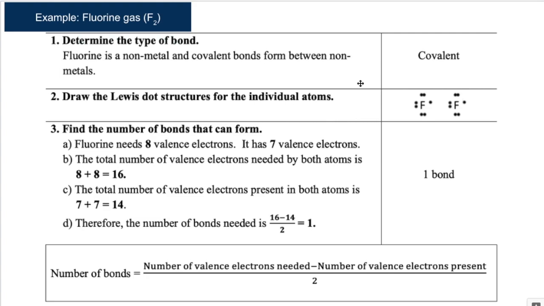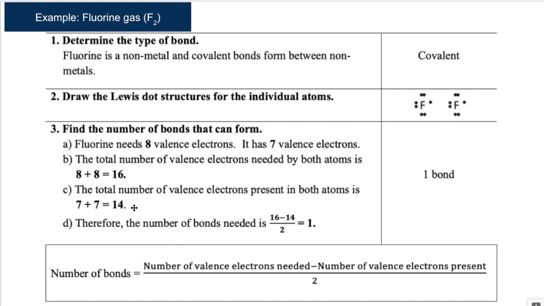Okay, so step number 3, you're going to find the number of bonds that can be formed. Remember, fluorine needs 8 valence electrons to be full because it's not hydrogen, it's not beryllium, and it's not boron. Currently, it only has 7 valence electrons. So the total number of valence electrons needed by both atoms for both of them to be happy would be 8 plus 8, so 16. The total valence electrons that are currently present in the atoms, we have 7 plus 7